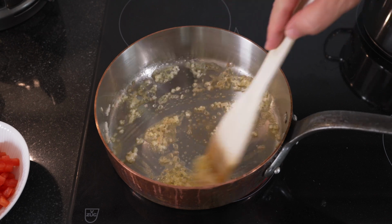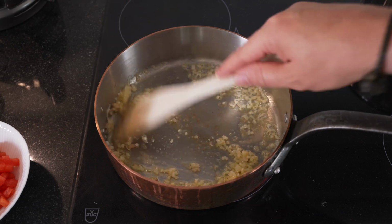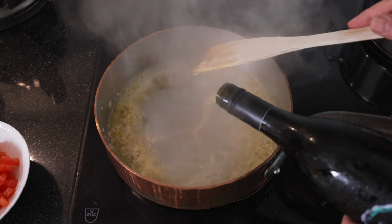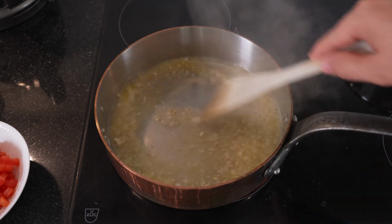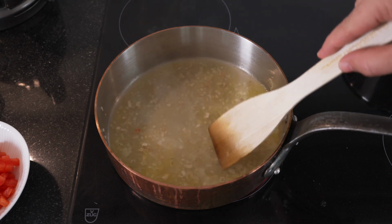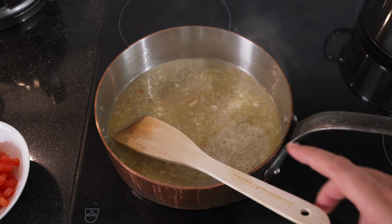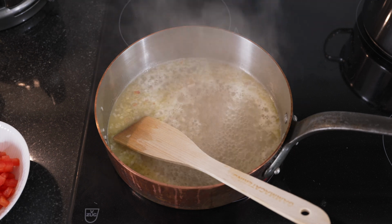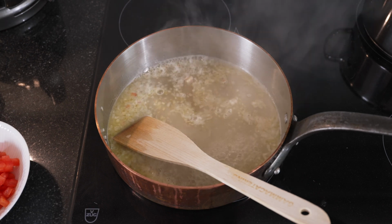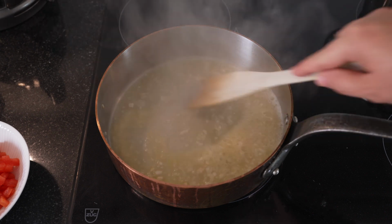Give off their nice aroma. That's perfect. Now we can add our wine. Probably about a deciliter and a half. And we want to reduce this a bit now. And at the same time we can add in about a tablespoon of white wine vinegar. Reduce this for about maybe 2 minutes to get rid of all the alcohol